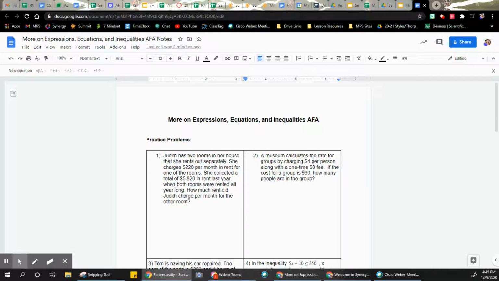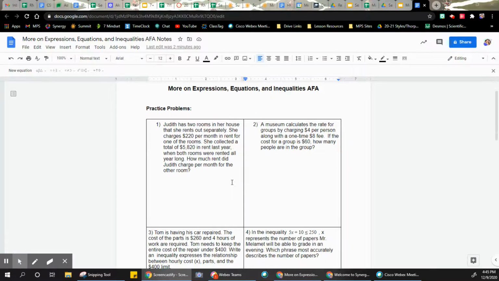Alright guys, today we're going to do some practice problems for the more on expressions, equations, and inequalities additional focus area. So I'm going to start off right away with the first question here, and it says Judith has